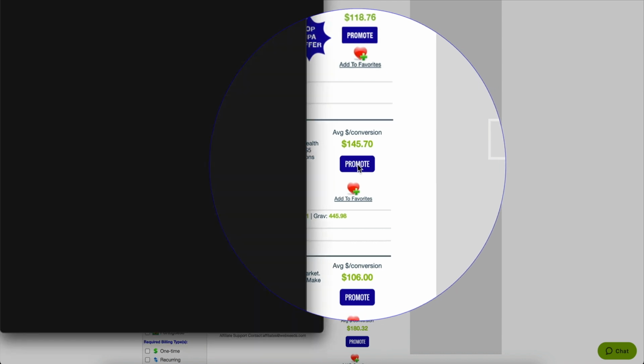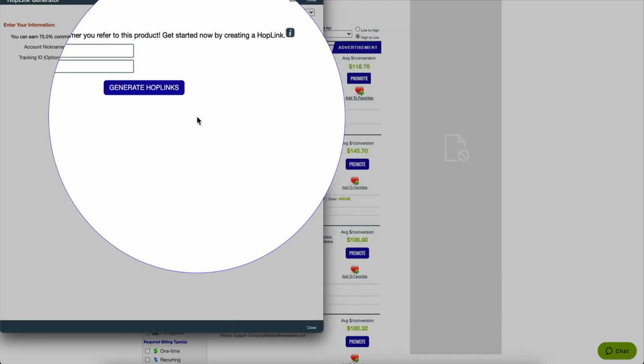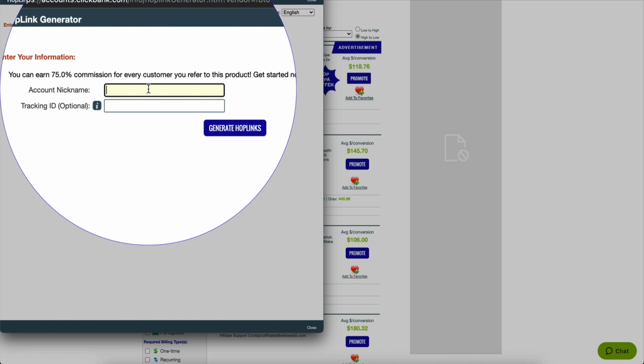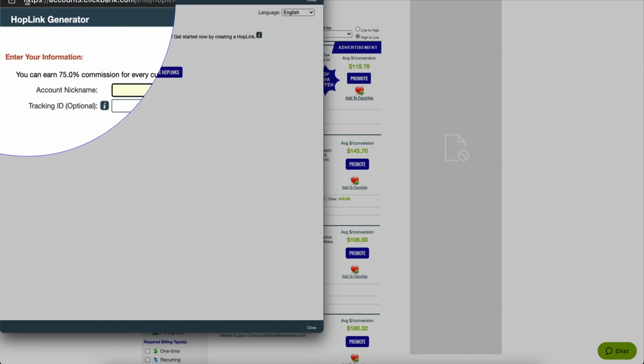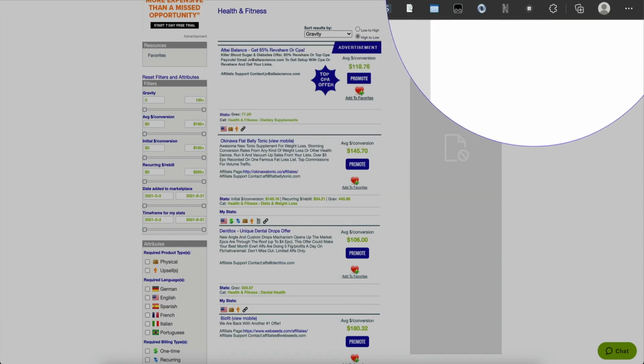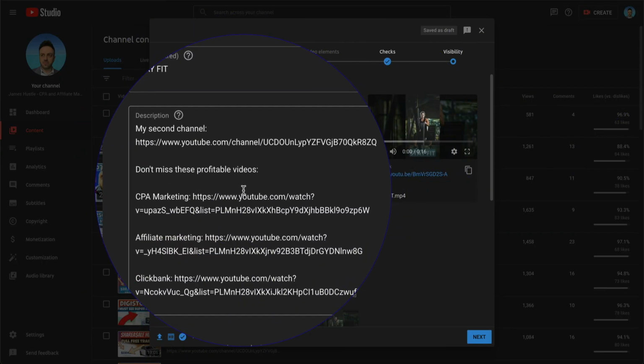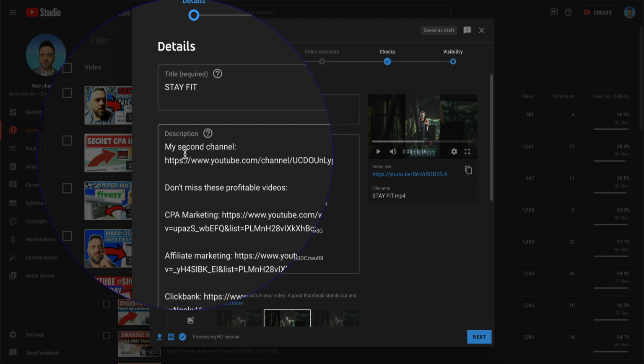You simply go into promote, click that, and you're going to get your affiliate link. You enter your account username, click on generate hop link, and that's going to give you your specific ClickBank link that you can put in your description area. That way people will view the description and see what kind of interesting offers you have, and maybe click on them and buy the product or service.